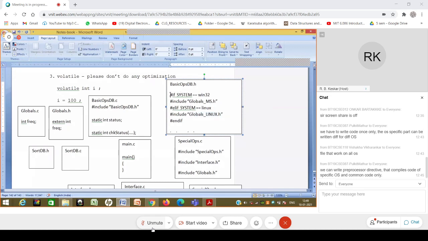So how is the basic db.h file going to look? It is not going to look like this. After the first level of preprocessing, if I just comment this out, just for the sake of it, this basic db.h file will have one single line.